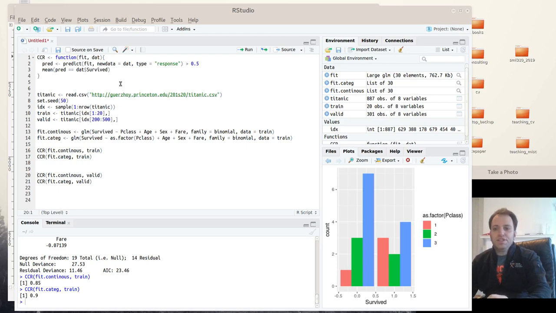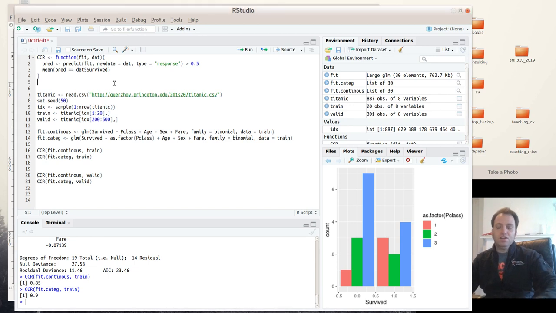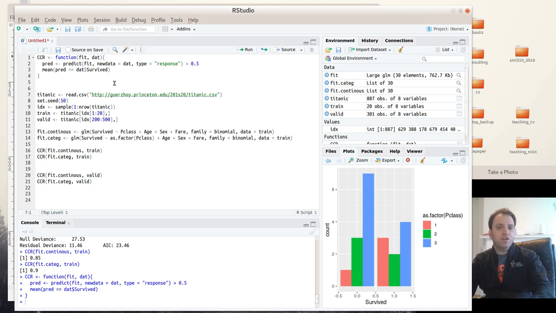So in this video, I want to talk about why it is that when using the categorical version of a variable, you would always expect to get performance that's at least as good or better on the training set than if you're using a continuous version of a variable. So here I set up my usual kind of CCR function,